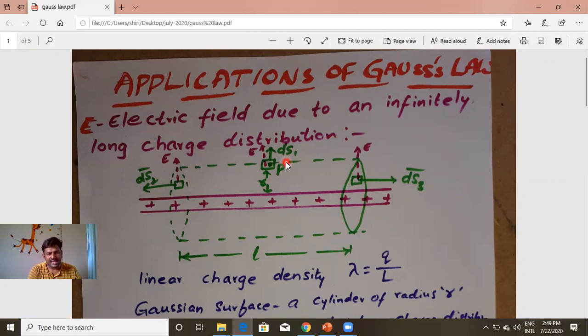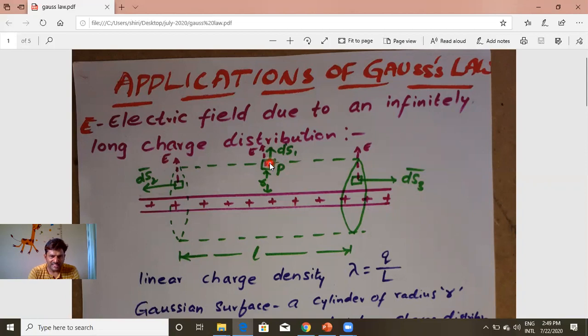Okay, that means simply we can say a very lengthy wire. For that wire, at a shorter distance at this point, we need to calculate the electric field. So we can say this wire is an infinite length wire with respect to this point. Okay, right now for this, I am using Gauss law of electrostatics.